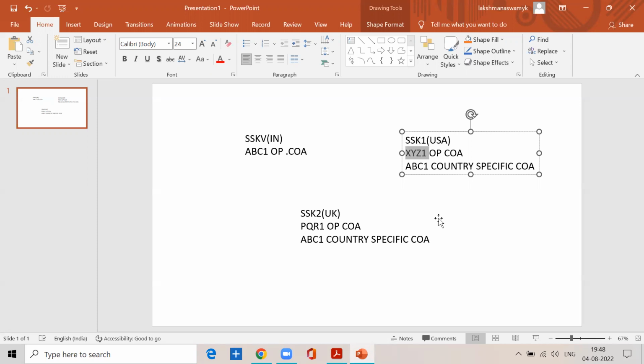Then here, this SSK1 company code has to prepare the financial statements first according to USA Companies Act. And in USA, the fiscal year is January to December. Then it has to prepare another set of financial statements according to Indian Companies Act requirements. So according to Indian Companies Act, the fiscal year is April to March. That means one company code, in this case, SSK1 company code has to prepare two sets of financial statements. One set of financial statements according to January to December, another set of financial statements for a period of April